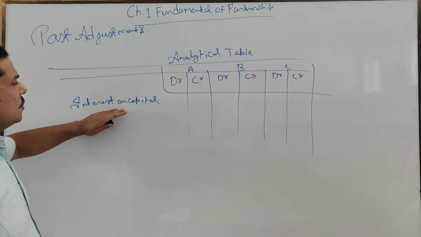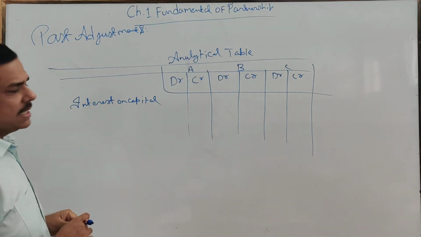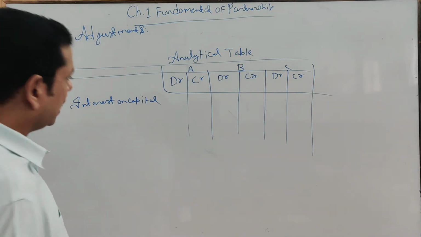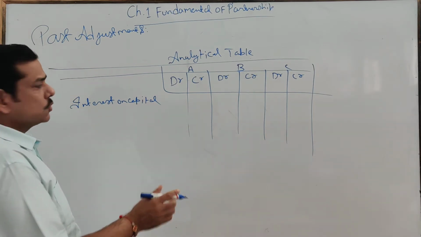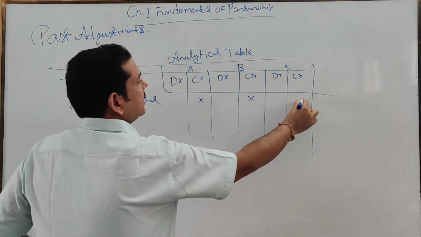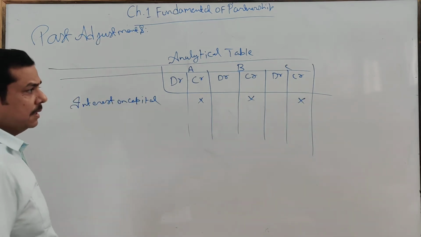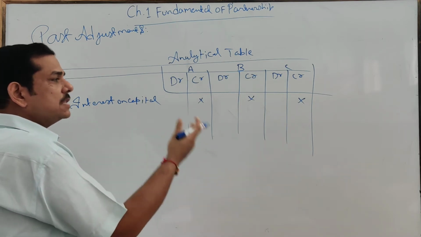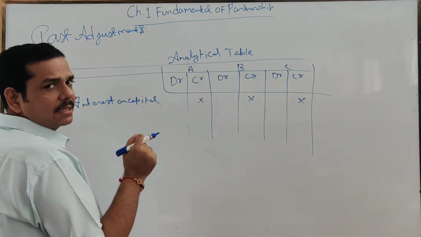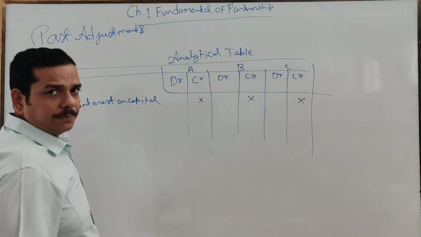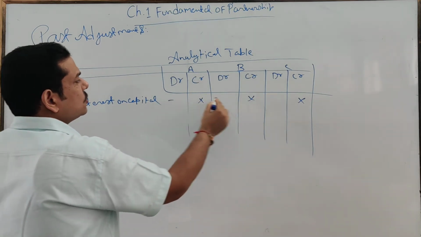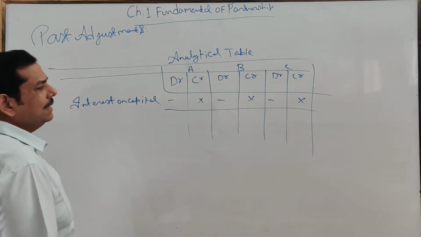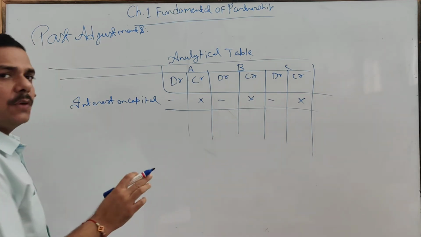There is an error of omission of interest on capital. This means interest on capital is to be provided to the partner, but it has not been provided. Clear? So interest on capital is an income. First put it down on the credit side of all the partners, because this is the income of the partner. If it had been given, it would come into the credit side of the partner's capital account. Now this has not been given, so it's a loss, and a loss is always debited. Make the debit and afterward find the net credit. This is the case for income.